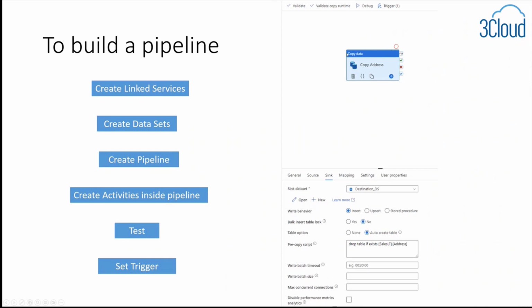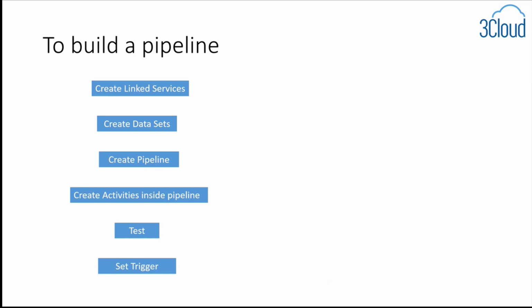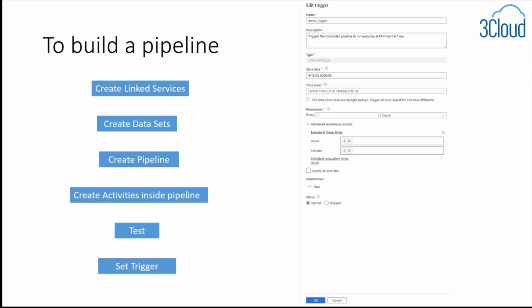But you could also just choose to publish this pipeline and then trigger it with the trigger icon here. And inside it, there's going to be an option for adding a new trigger or just trigger it now. Those two options. And in my case, I would do a trigger now to kind of get that going. But of course, once those are all done, we want to set the trigger